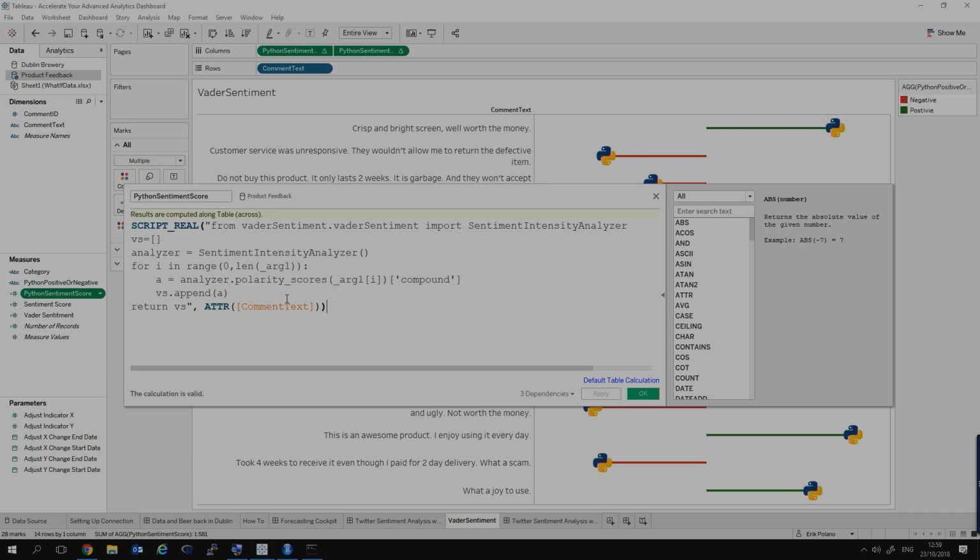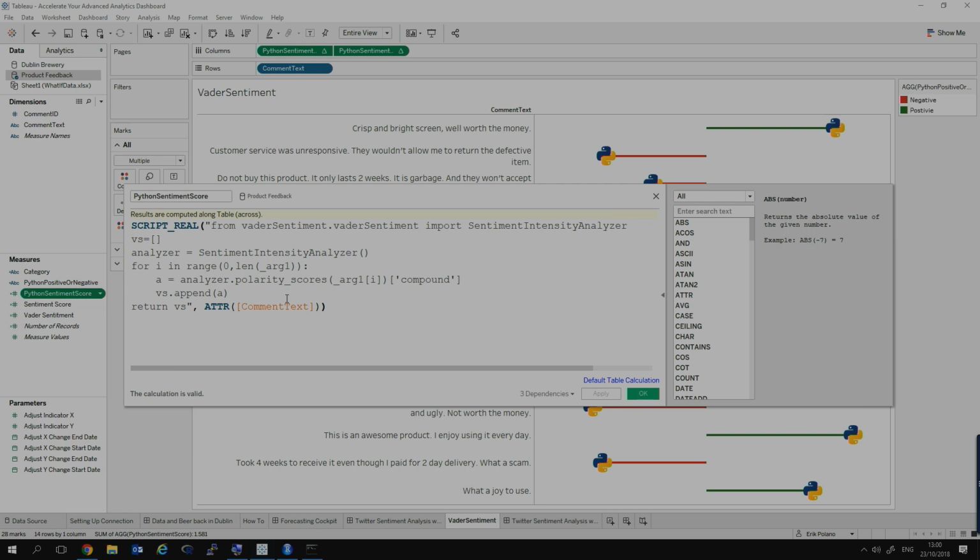So within this case, what we're doing is importing our sentiment intensity analyzer from Vader sentiment. We're just opening up that particular VS list, and then we're simply defining a loop that appends that particular sentiment where we've then pulled in that comment text into our first argument.